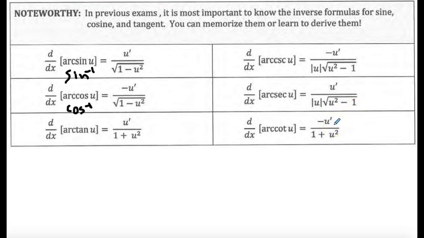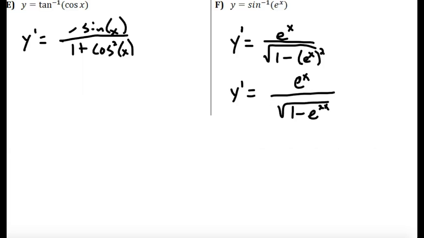But the actual application of plugging things in, finding the derivatives, doesn't really change. These ones tend to show up more often on an AP test, but we're still going to memorize all 6 of them and try to use all 6 of them. All right, so I want you guys to take a minute and try this last problem here,